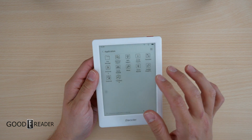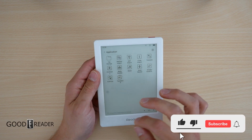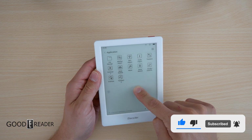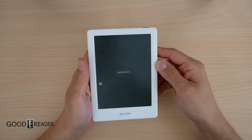You do have some apps, but you can't even uninstall them. For example, Evernote, all you can do is pin it. You can't actually get rid of it or sideload anything else, and you can't long press in the center to get any advanced settings. With that out of the way, you can utilize this to your own liking via sideloading